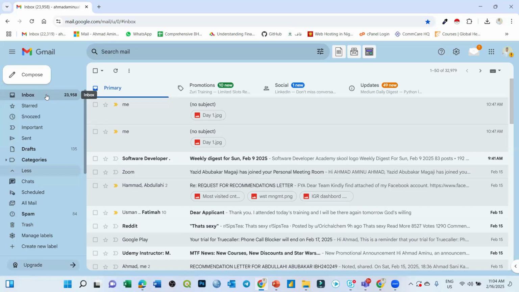Spam messages or spam mails are suspicious mails. Not necessarily all emails under spam are phishing or attacks. It means the sender that sent the message is kind of suspicious. That's why the message falls under spam. You can check your spam,